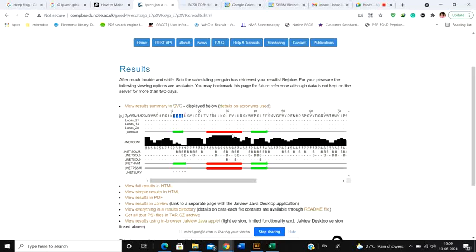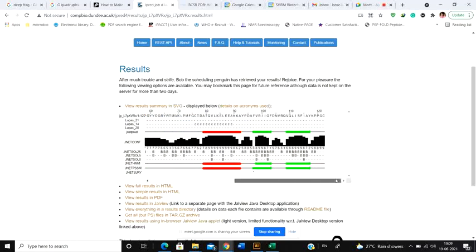So according to the server, they are predicting that this amino acid stretch KFET participates in beta sheet formation, whereas this stretch starting from valine till this particular domain called arginine is actually part of an alpha helix. And after that, you can see this six-residue stretch BP is again part of a beta sheet. Then it goes on, and you can find out the entire structure like that.